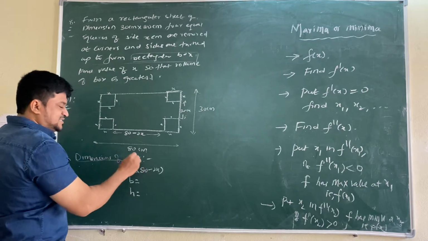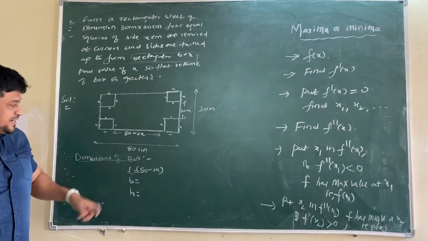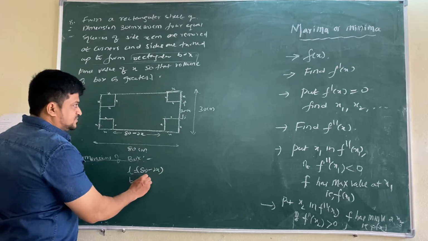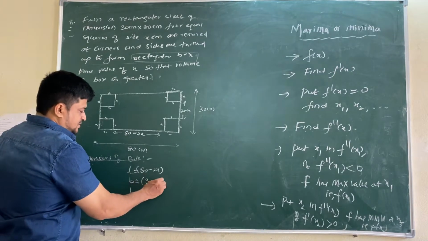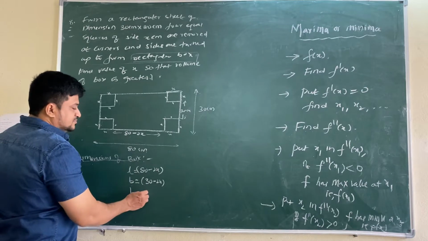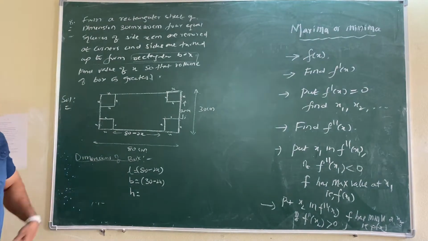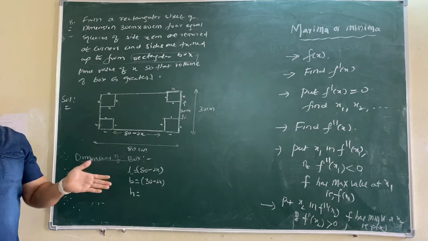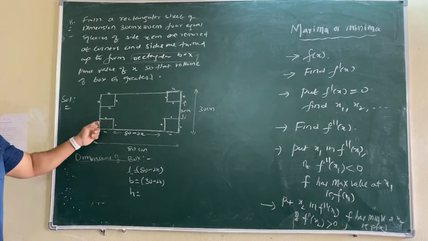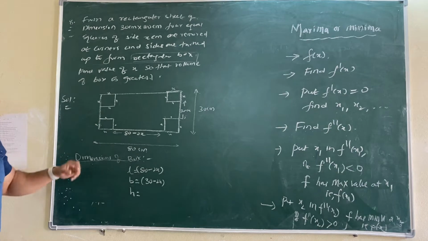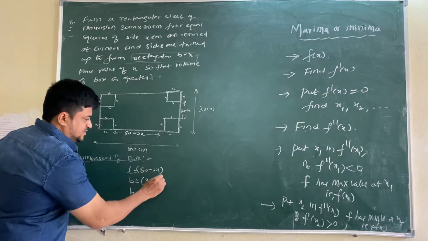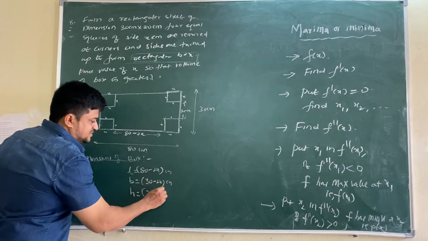The length of the rectangle is 80, no doubt. Rectangular box dimensions we are writing now. Breadth is 30 minus 2x, and height. Tell me the height. This is a tray, na? I am turning this one up, this one up. How much are we making it up? x centimeters only. So we have to take this as x. So these are all in centimeters.